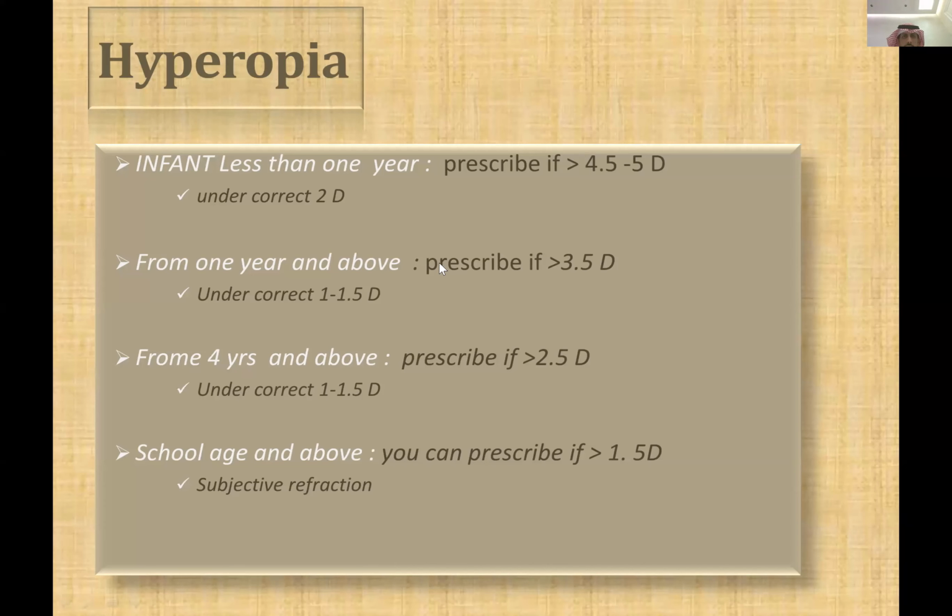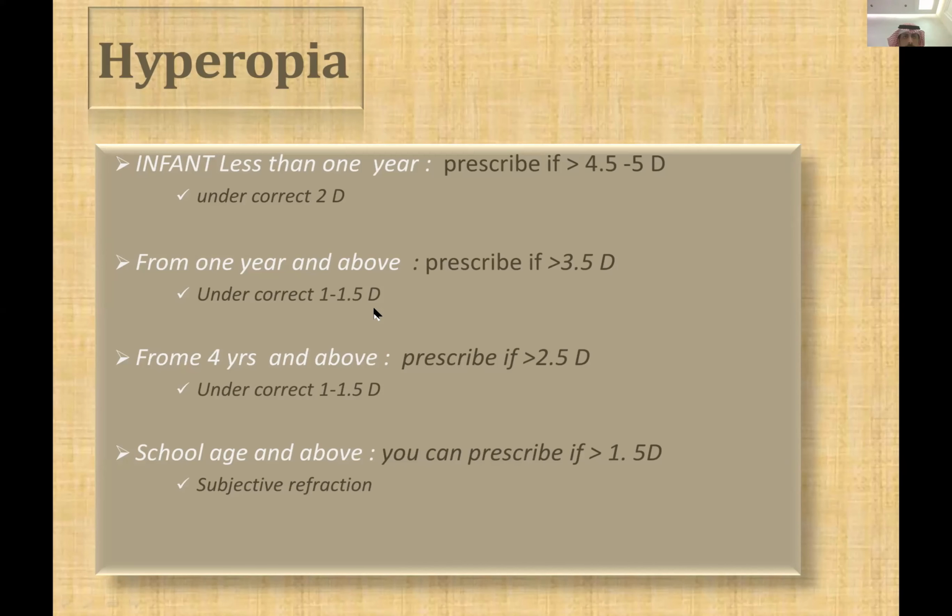So if more than 1 year, up to 4 years, if more than 3.5 diopter, the suggestion is to prescribe, and you should undercorrect 1 to 1.5 diopter to match the mean spherical equivalent. And also because you don't need full correction